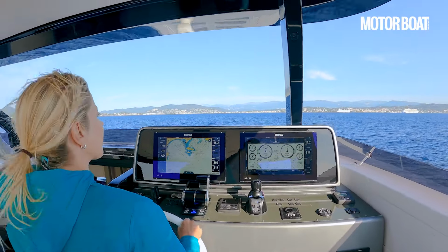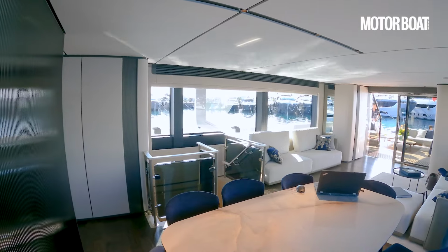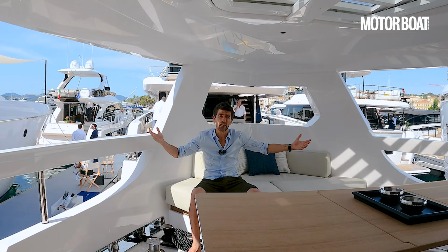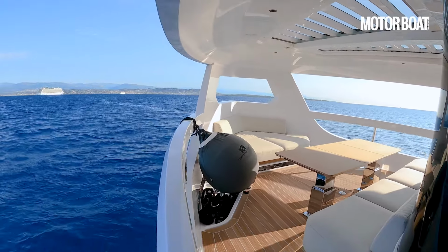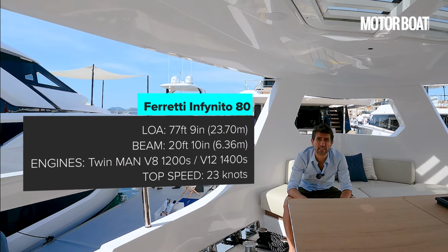The flybridge is huge and very, very well sheltered. The saloon is pretty cavernous. The aft end is very attractive, and this bow space, well, this is an absolute delight, particularly as you're able to tailor it to the way you like to go boating. This is, though, a very distinctive and singular design, so whether you love it or hate it, do feel free